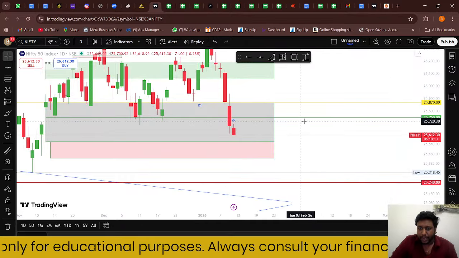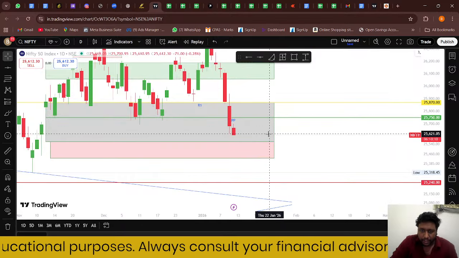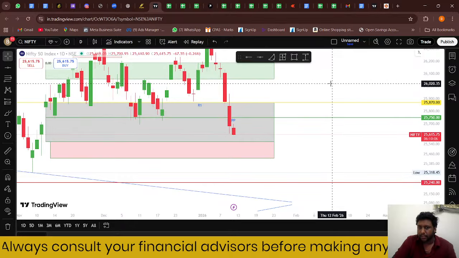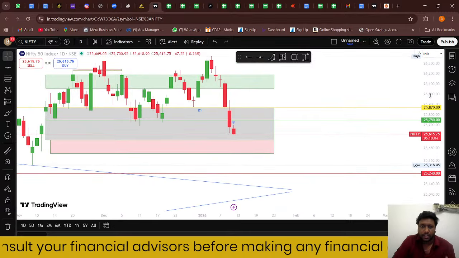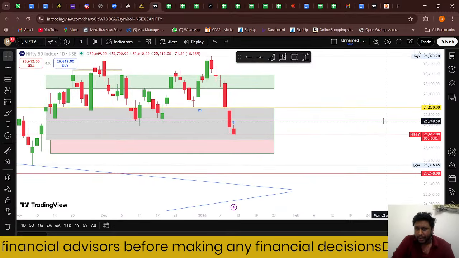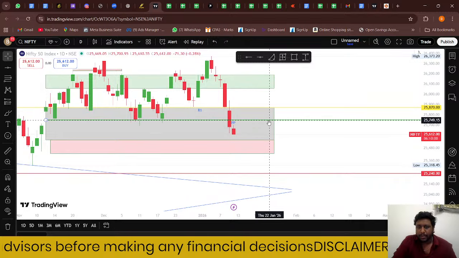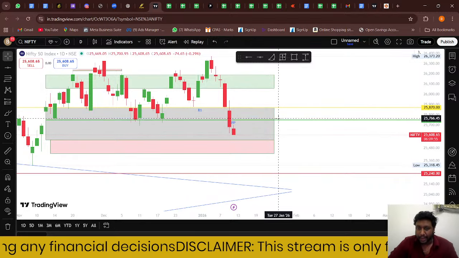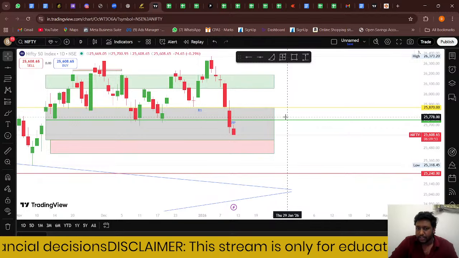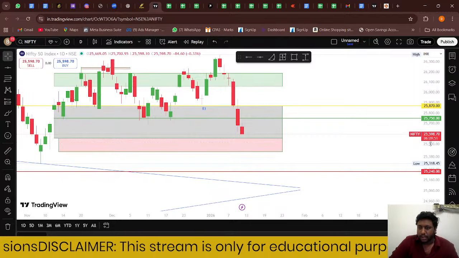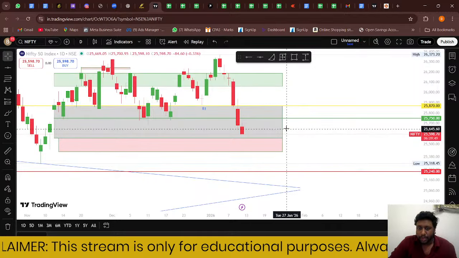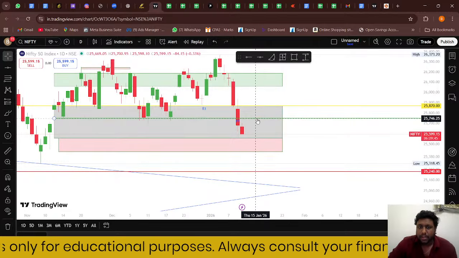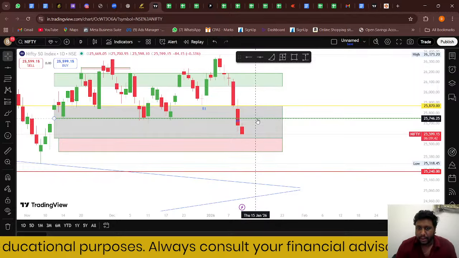I will prefer ATM always, and if you are taking in the money also it is fine, but OTM, the higher the levels we go, then definitely the rate of change of premium will be decreasing. So whatever premium changes, if we want to capture it quickly, then definitely I prefer ATM strikes. And to understand which premium to buy, you have to look into the options chart, and after that we can add any indicator like VWAP.